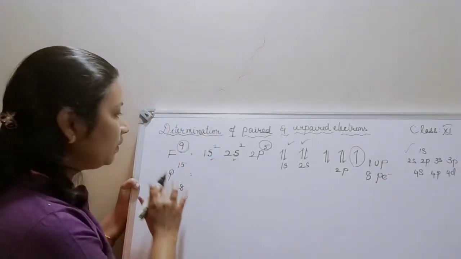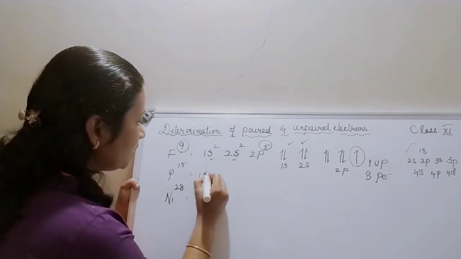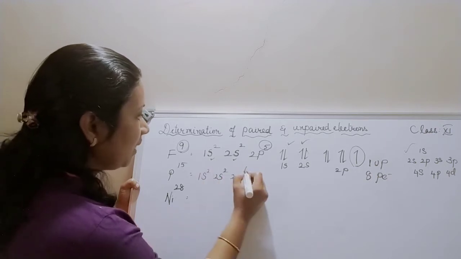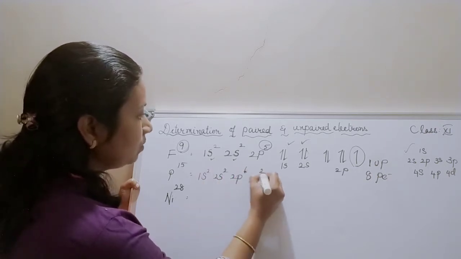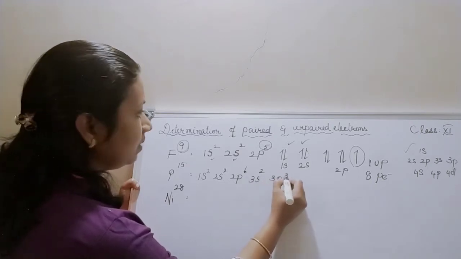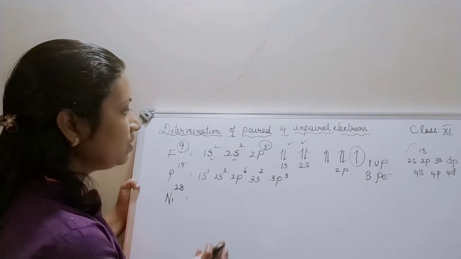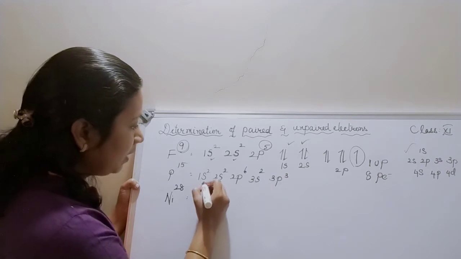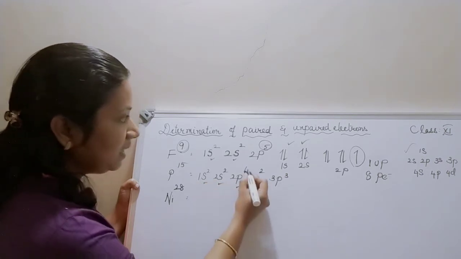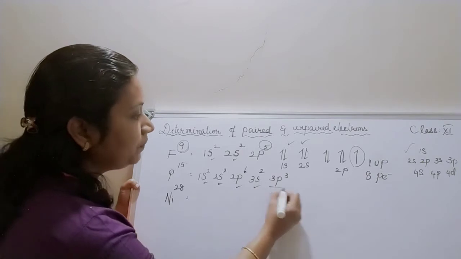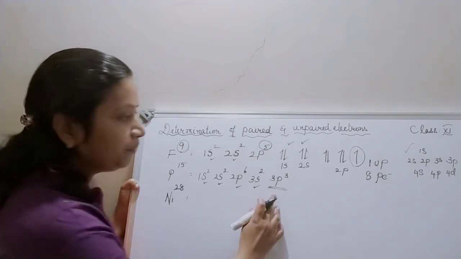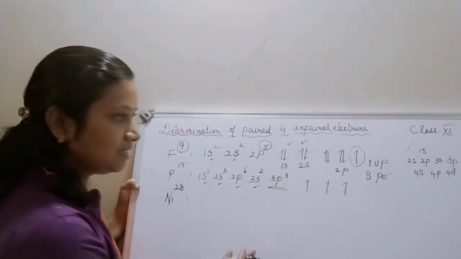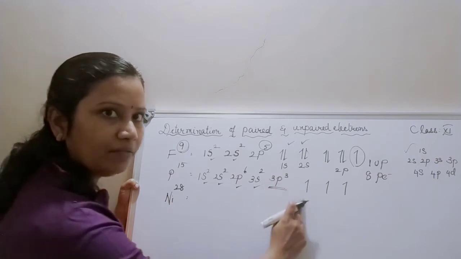Clear? Now moving to P15. How to fill? 1s2, 2s2, 2p6: 2, 4, 10. So the remaining 5 is there: 3s2, then 3p3. Am I correct? 2, 4, 10, 12, 15. Okay, I have filled. Now you can make out S orbital is completely filled. P is completely filled with 6 electrons. S is completely filled. Now I need to fill 3p3. So how will I fill this? Since P has 3 electrons, I have filled the 3 like this. There is no more electron, only 3 is there.